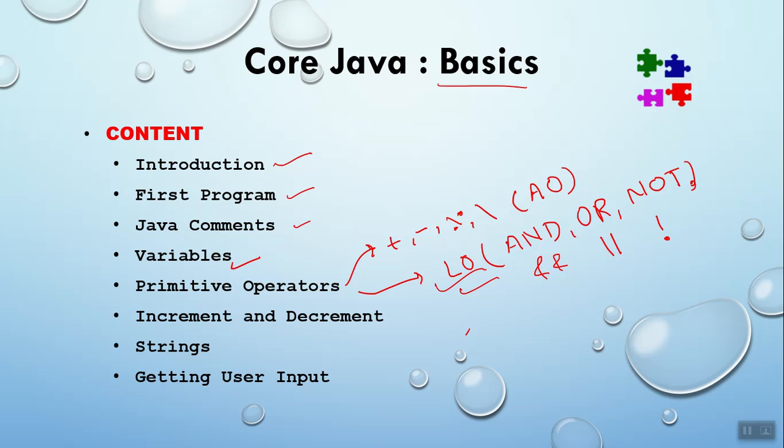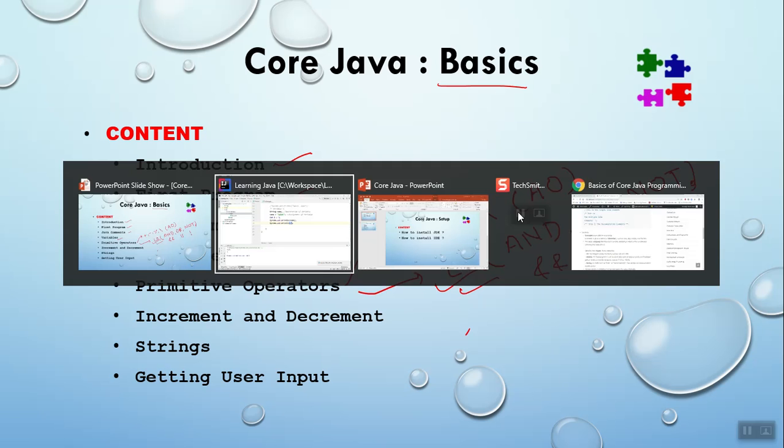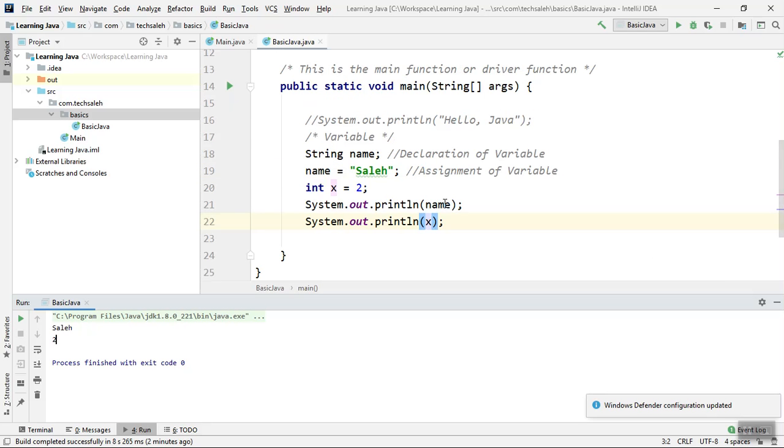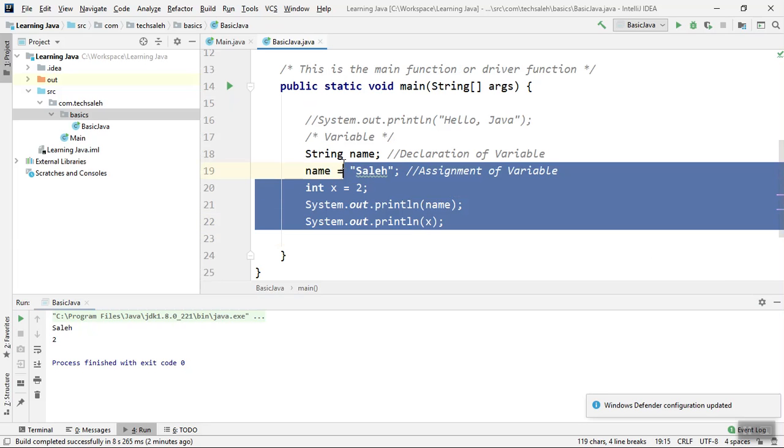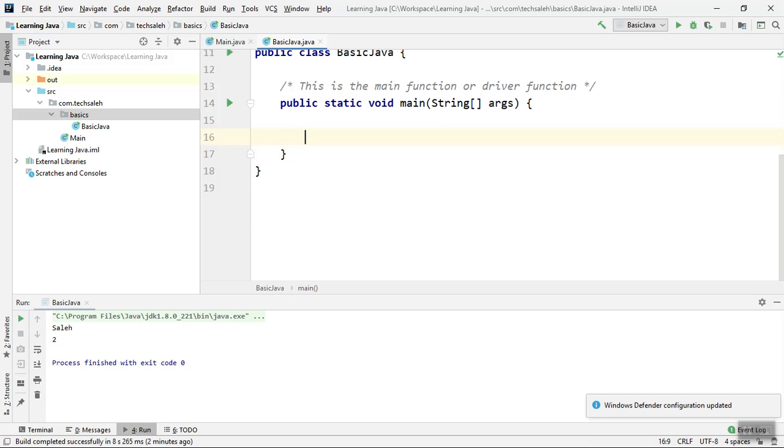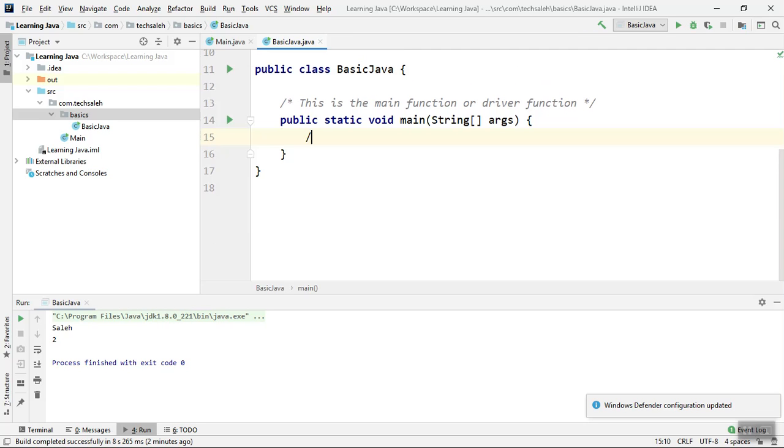So let's come here to your IDE. We have to write a program to add two numbers, right? What we need to do is write an algorithm for this. An algorithm is a step-by-step way of writing a program. So the first step is going to be like